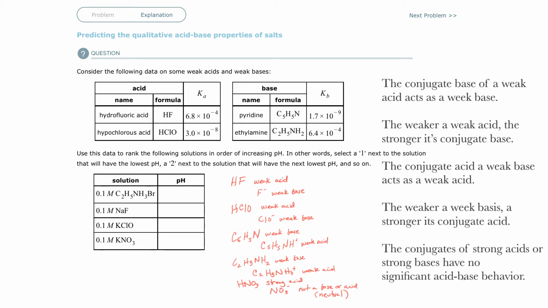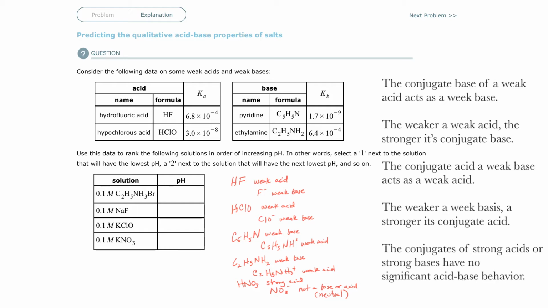So think about water. Water is a weak acid. Most water stays H2O, but some water will break down. It autoionizes into H+ and hydroxide. That means water can act as an acid, but water can also receive a proton and become hydronium. So the conjugate base of a weak acid is a weak base, and it works the same way the other way around. The conjugate acid of a weak base is a weak acid.